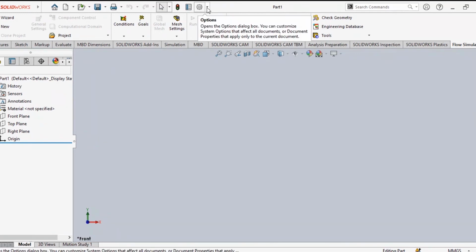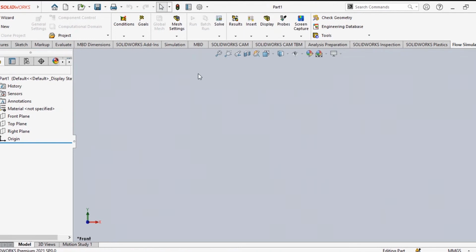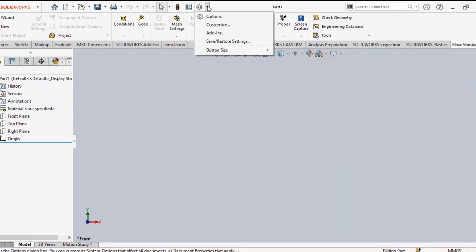Sometimes if you don't have all these things, you have to take from options. Click options if you don't have these things, but at this moment you don't require all these things. Those things are required at expert level. When you are an expert, then only you will be doing these things, right? You can start from here, options, and also add-ins. Add-ins means you are taking all the things that you don't have at this moment.